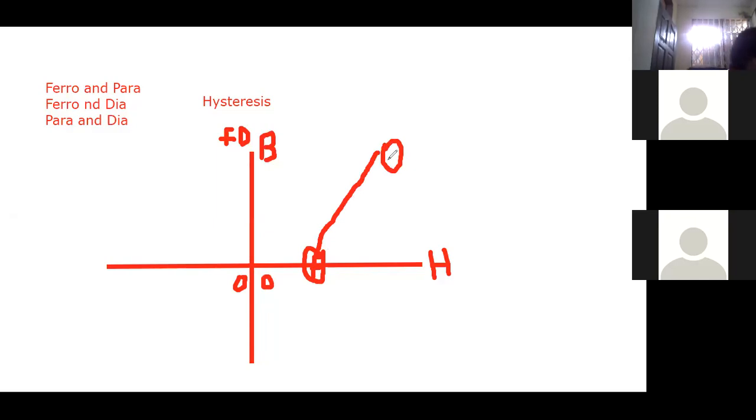Now when it increases, it will definitely get to a certain point. Let's name this point A. And when it gets to this point, we say that it is magnetically saturated. That means if you apply any more external magnetic field, it won't have any effect on it.